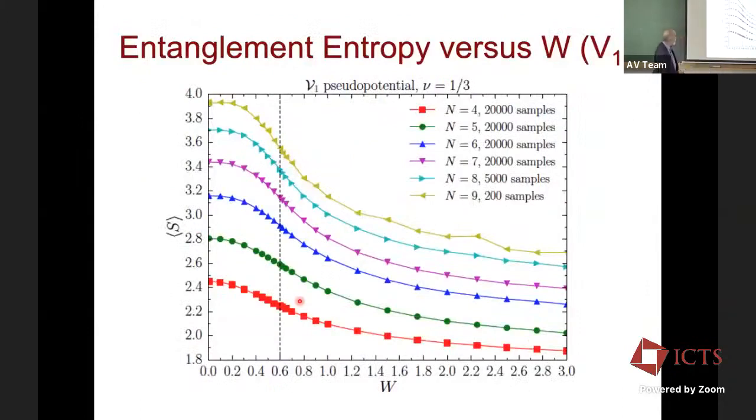And so what happens is that it seems to have a slope that is slightly increasing with size, but this is not a very good way to look at it. What we did was look at the derivative of the average S with respect to W, much more accurately. The way you can do it as accurately as you can, is you take a given sample, which is near, say, this line I'm showing you. Actually, it's the next slide that's going to justify putting a line there. That's where we think the transition is taking place.